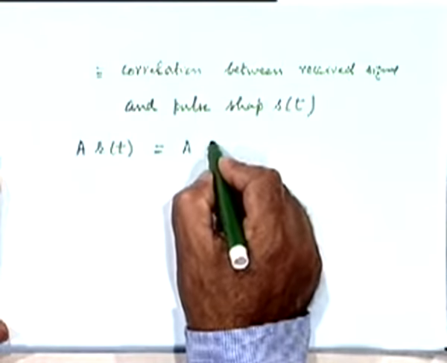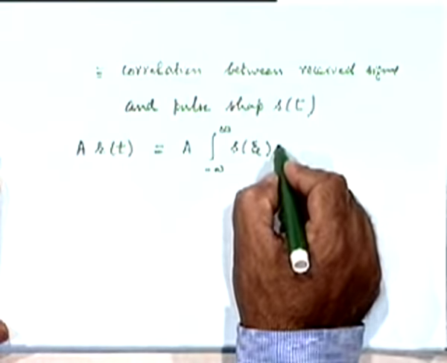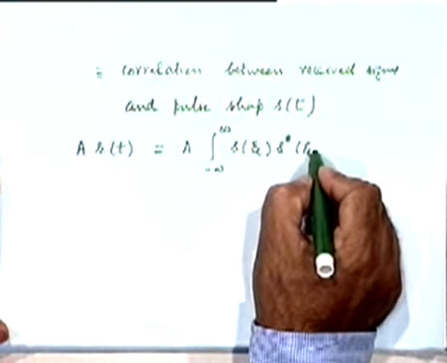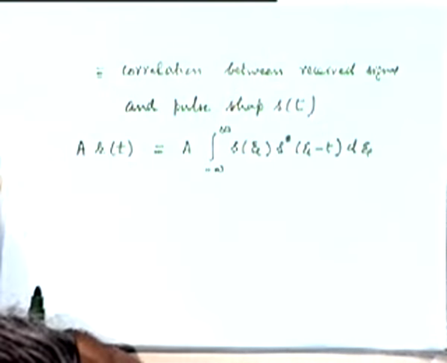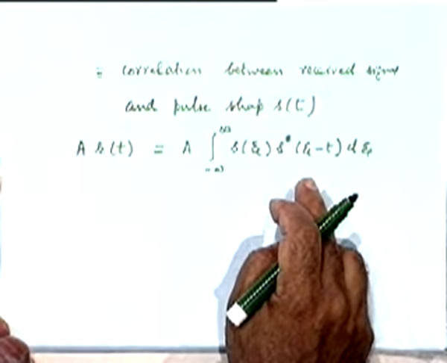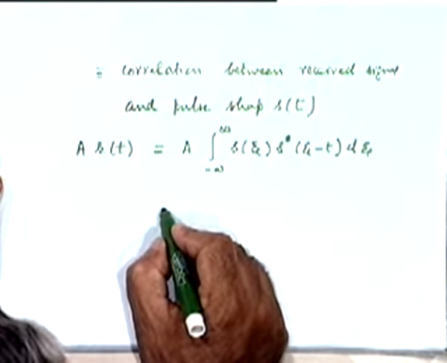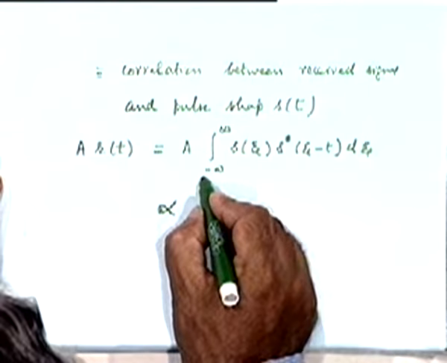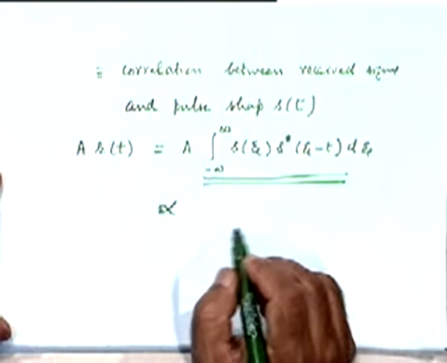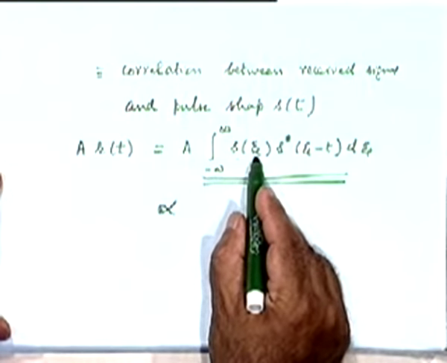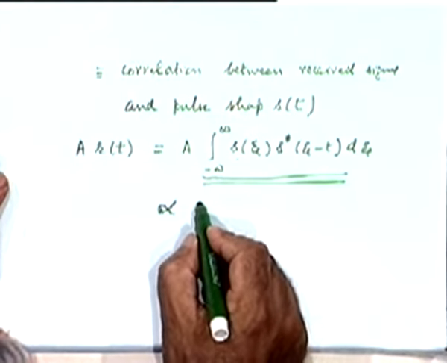Then that is going to be equal to, we have just seen that, I made a change of variable, right? I am rewriting that again, which is nothing but, is this expression familiar to you? It is the autocorrelation function of s(t).